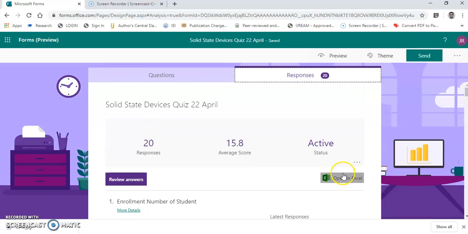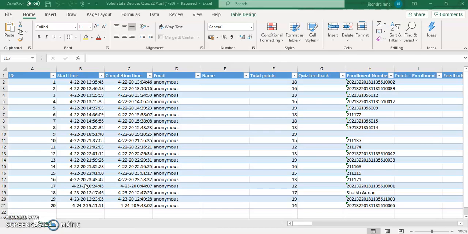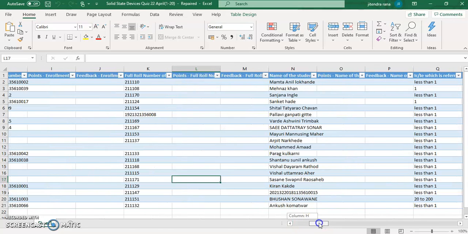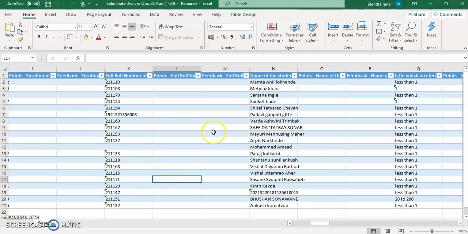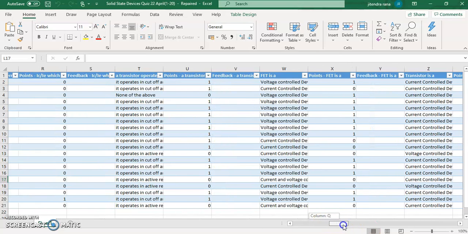So let us go to Open in Excel. When we press on it, the Excel file is downloaded on your system and such a result is displayed on your screen. It shows ID, start time of the quiz, completion time of the quiz, email ID if we have asked for it, total points obtained by the students, roll number details, likewise other details in columns, name of the students, and for which question they got how many points.